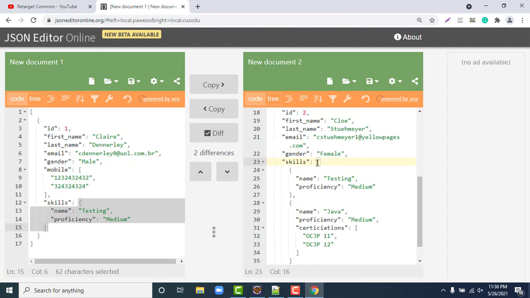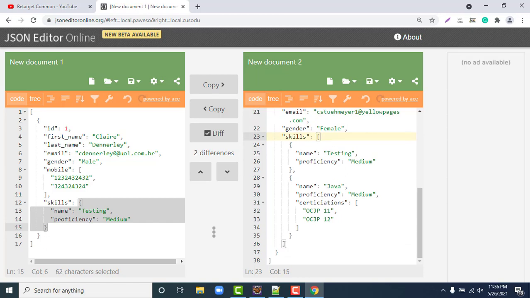So if you click on this, it will automatically highlight where it is closing. We can see it's closing at line number 36. So we need to just focus on this much only. Let's come to basics. This is one JSON array, and this JSON array contains 2 JSON objects. So we have a total of 2 JSON objects.